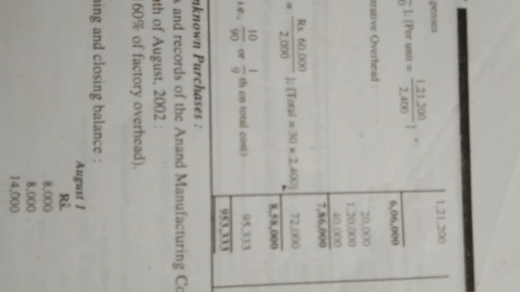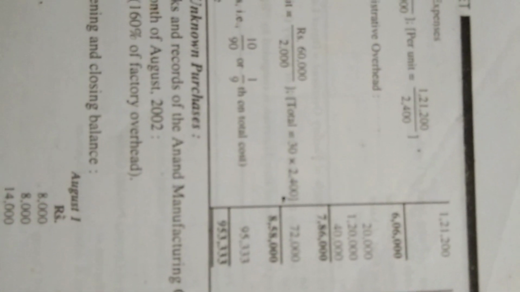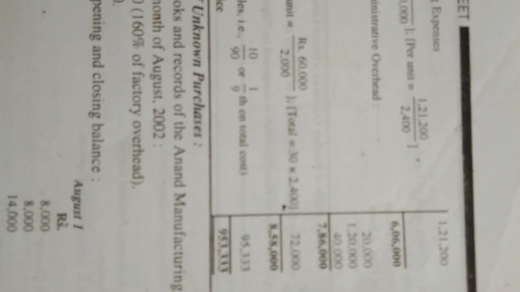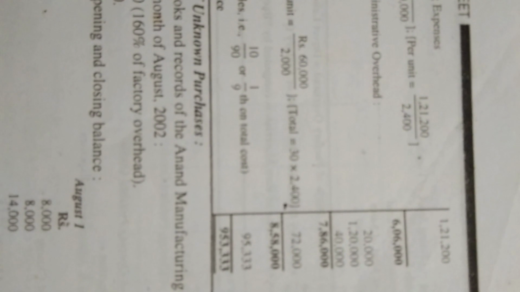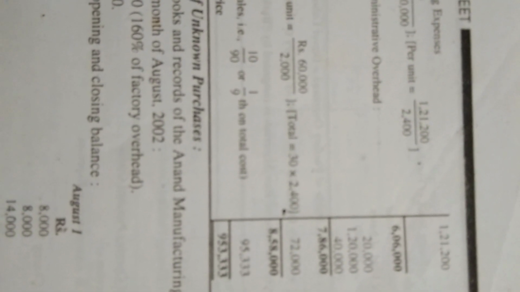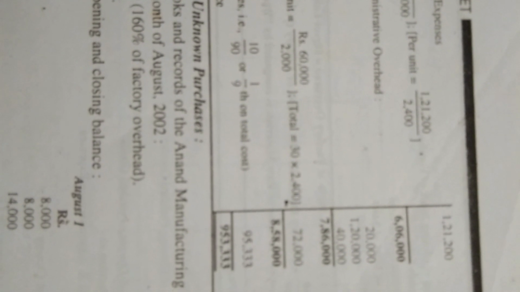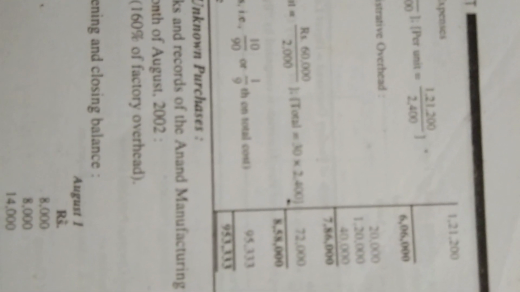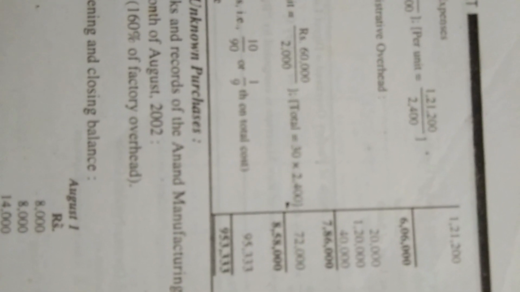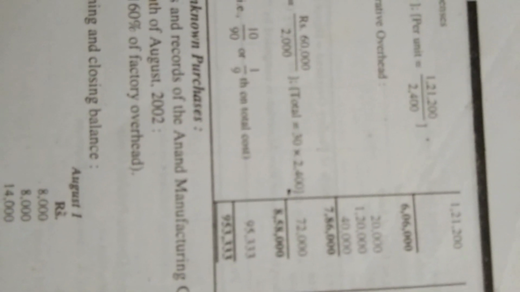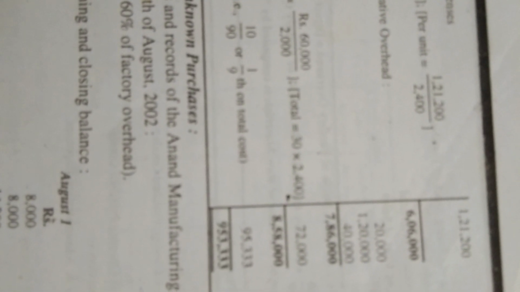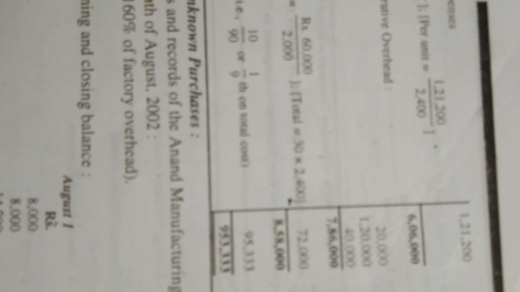Now it is very easy. But right now, what is the number of units produced? 2,400. Now it will be multiplied, 2,400 into 30. Again I am telling, what they have given is that selling cost per unit will remain unchanged. Selling cost per unit, what does it mean? Selling cost in the question was 60,000 and the production was 2,000. If I ask you what the cost per unit is, your answer will be very simple, 60,000 by 2,000, that is 30. That means cost per unit remains the same at rupees 30.